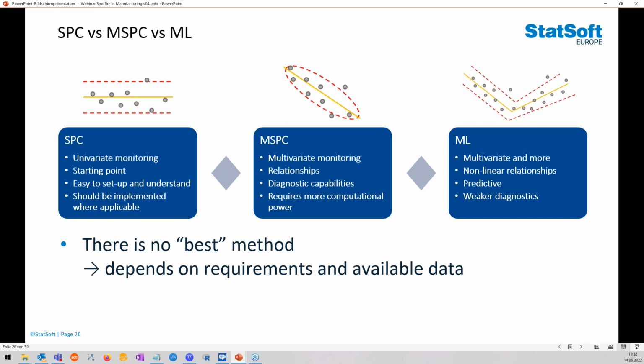It could be that you have a very straightforward process, so maybe SPC is good enough. It could be that you don't have enough knowledge to know what's going on, so maybe not take a more complex method. It might be that you want to take a little bit of a glimpse into the future, with a little bit of error margin, of course. And that's your requirement.